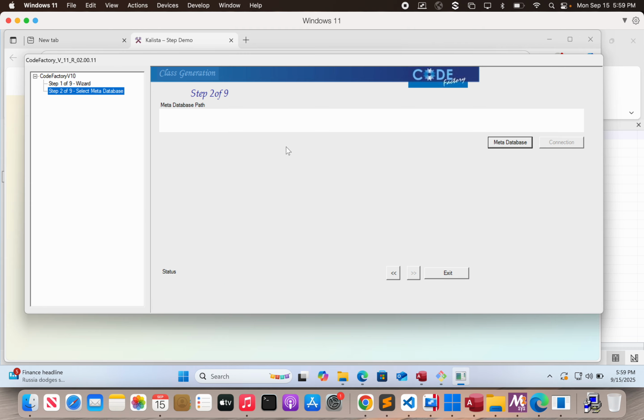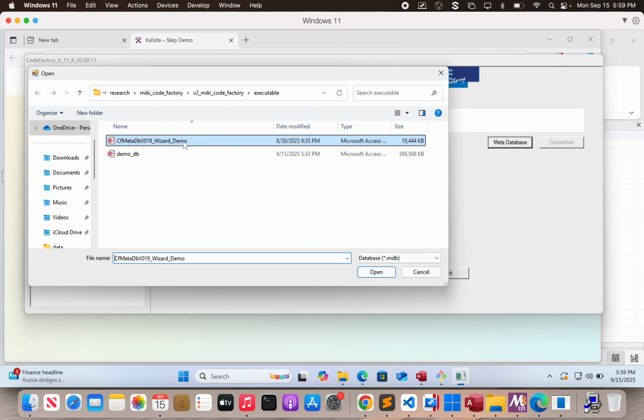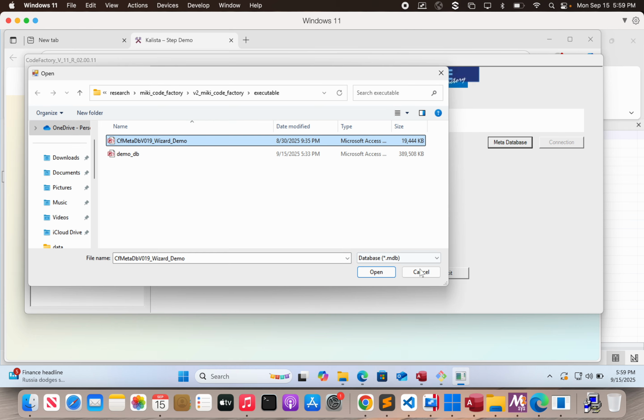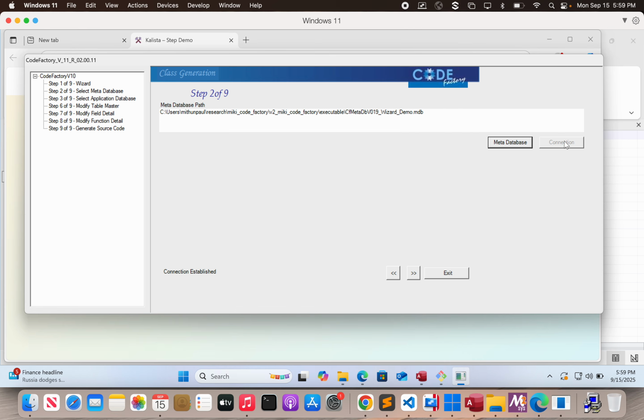Okay, let's show you how code is generated. The first step is we connect to something known as a metadatabase, which is a little secret sauce of ours. We establish the connection. Afterwards, we go on to the next step. Okay, I don't think it connected again, so I'm going to go back again. Open, connection,